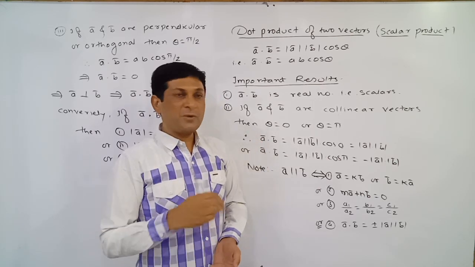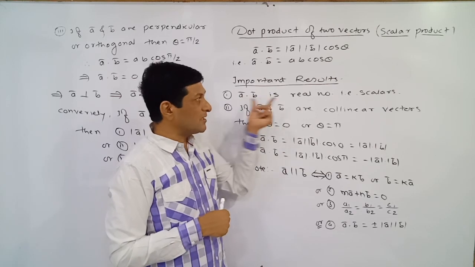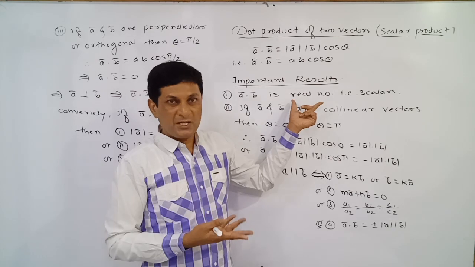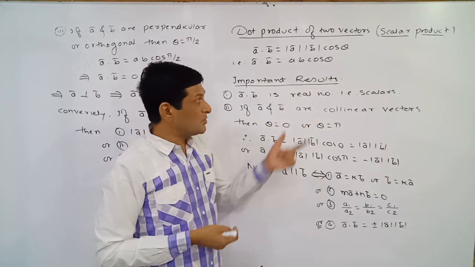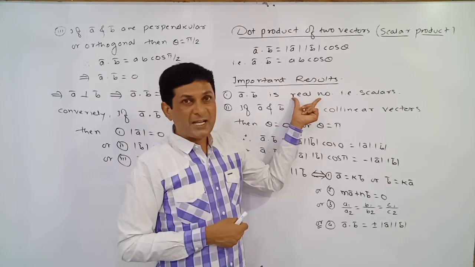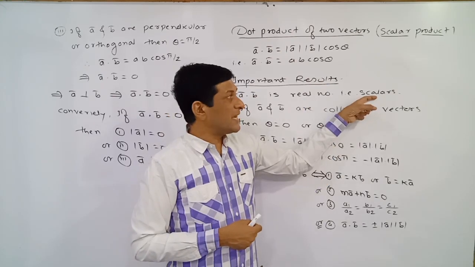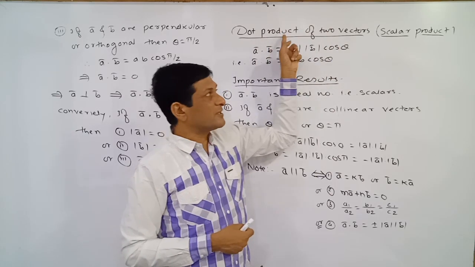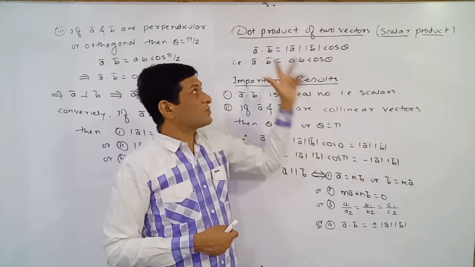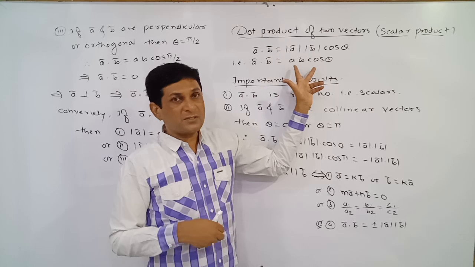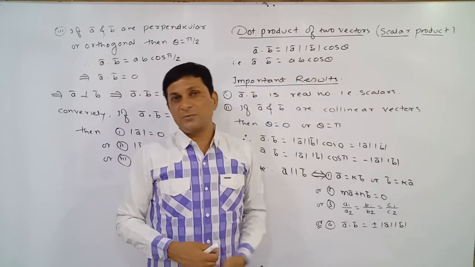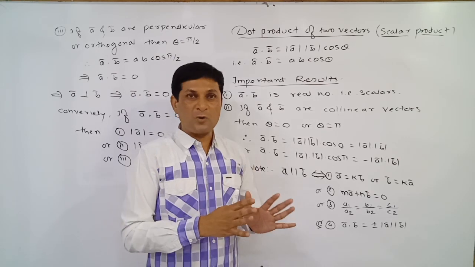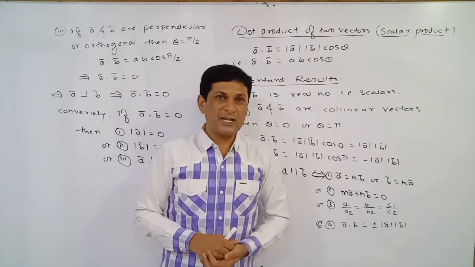So that's why we are saying that dot product of two vectors is nothing but a real number. That real number may be positive or may be negative or may be equal to 0. So in mathematics, a real number is called as what? Scalar. That's why we can say that the value of dot product of two vectors, means dot product is also called as what? Scalar product, because dot product of two vectors is which quantity? Scalar quantity. That's why we are saying that here dot product of two vectors is nothing but a scalar quantity. That's why dot product is also called as scalar product.